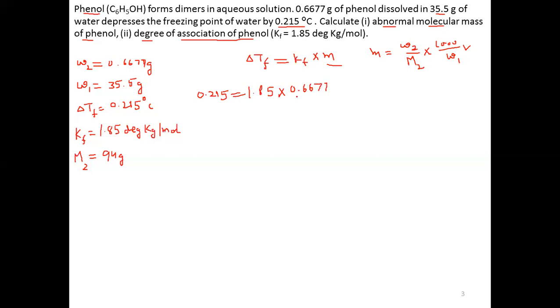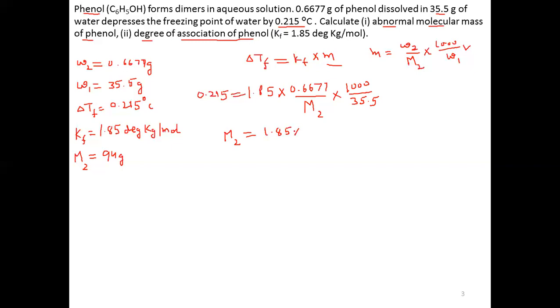0.6677 gram divided by, now the molecular weight we have to calculate. So we will keep it as M2, which we have to calculate, into 1000 divided by weight of solvent, which is 35.5. So from this we can calculate M2. M2 will come out to be, if we take M2 to the left hand side,